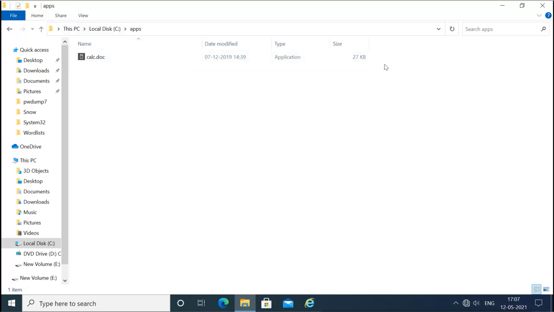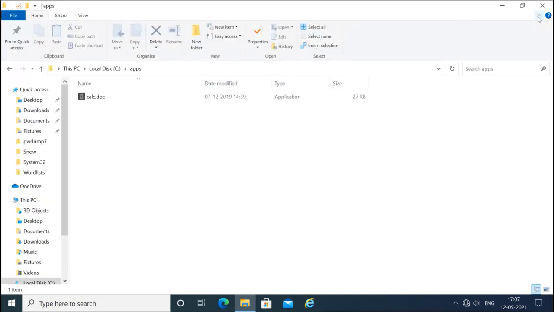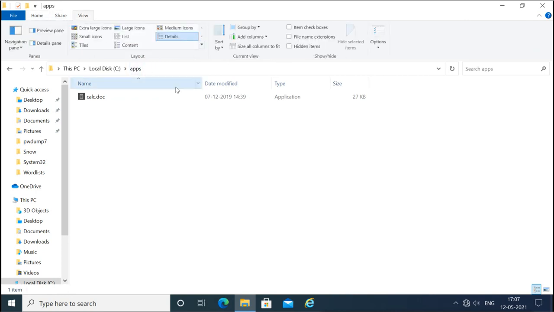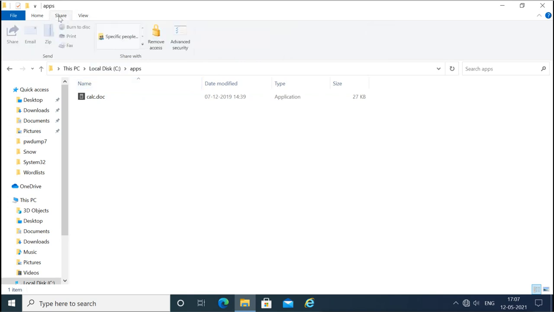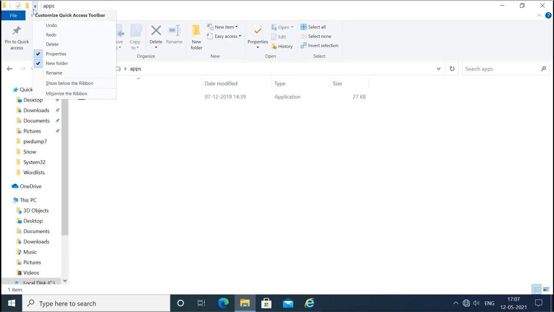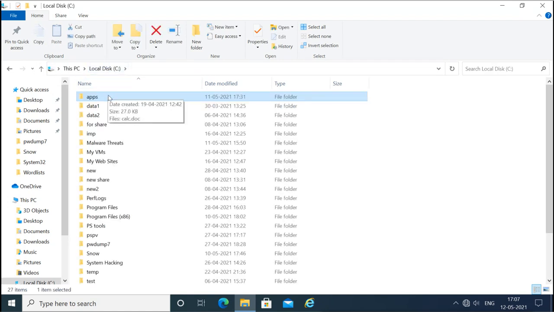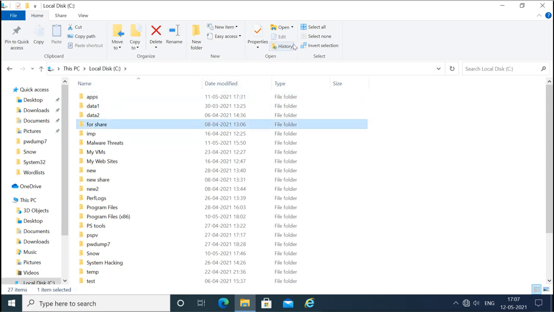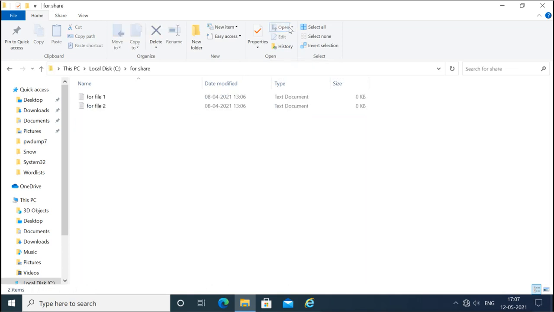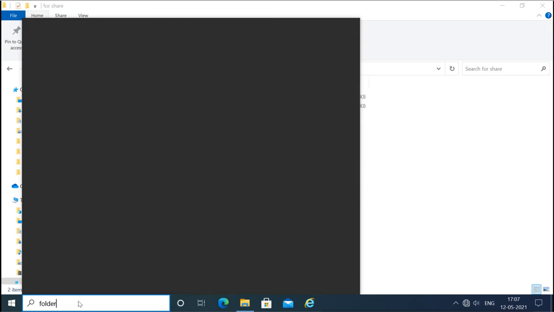you can go to the folder option. We'll search the folder option here.